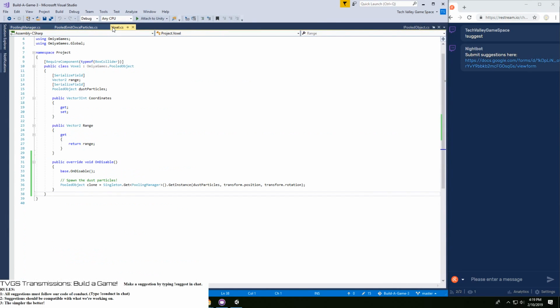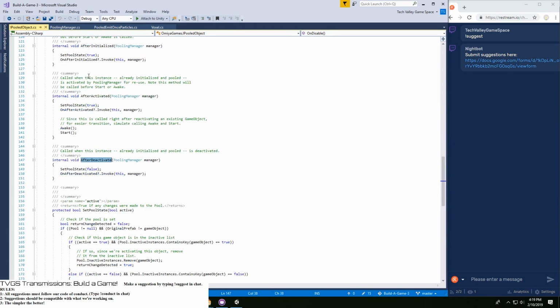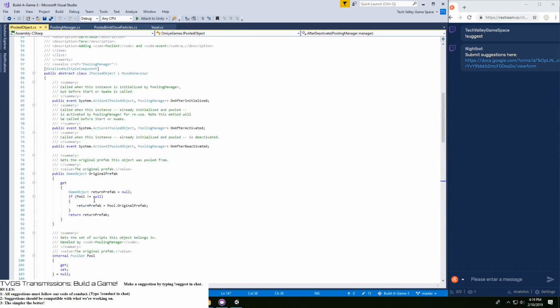That's a good point. So, pulled object right here. After deactivate null. Yeah, you know, that's probably a better idea that I call it after deactivate, anyways.